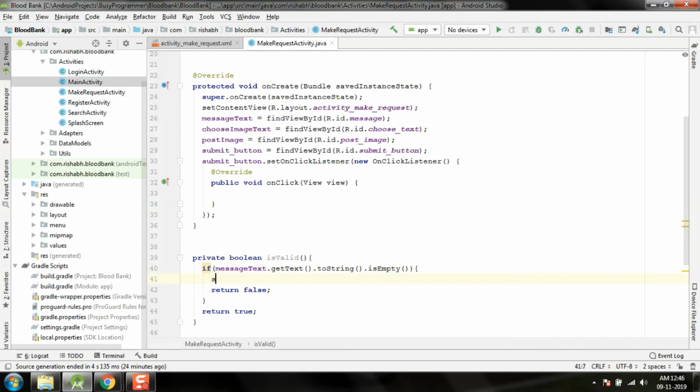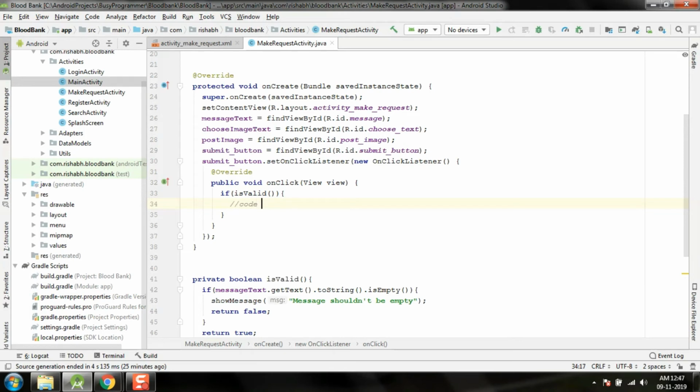and show a message that message shouldn't be empty. Okay, so that's self-explanatory why I want to do that. And if is valid, we want to write the code to upload this post. Okay, and now